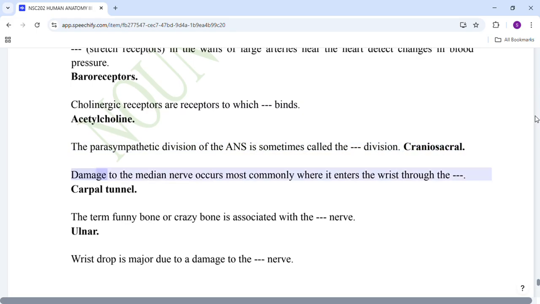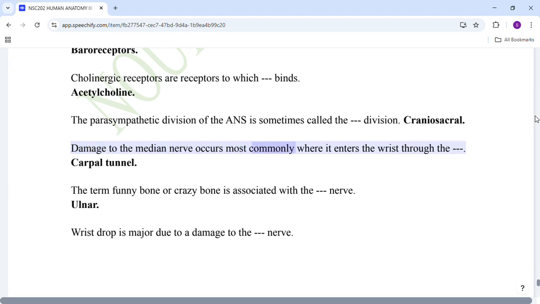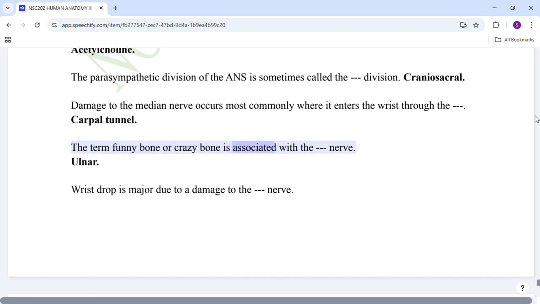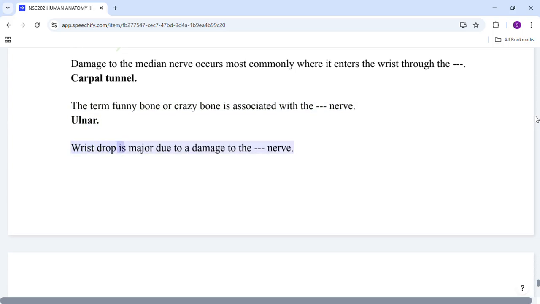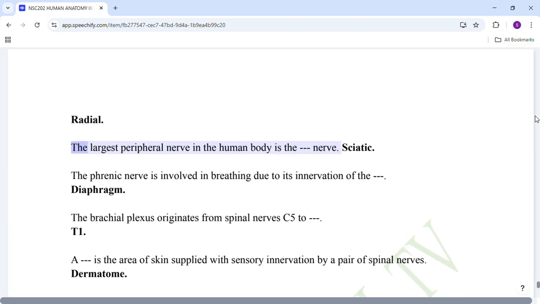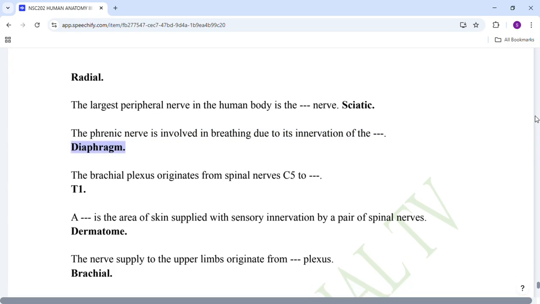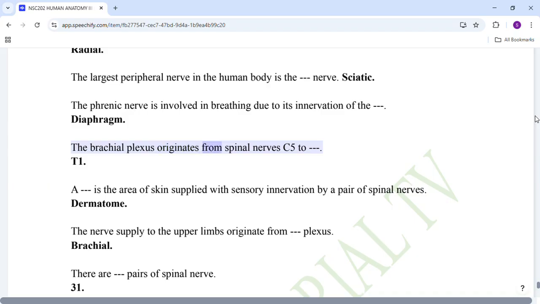Craniosacral. Damage to the median nerve occurs most commonly where it enters the wrist through the carpal tunnel. The term funny bone or crazy bone is associated with the ulnar nerve. Ulnar. Wrist drop is mainly due to damage to the radial nerve. Radial. The largest peripheral nerve in the human body is the sciatic nerve. Sciatic. The phrenic nerve is involved in breathing due to its innervation of the diaphragm. Diaphragm. The brachial plexus originates from spinal nerve C5 to